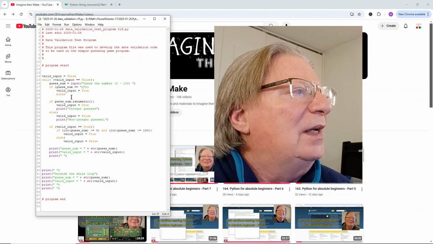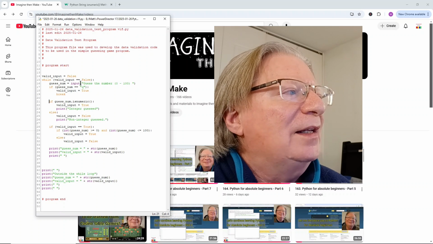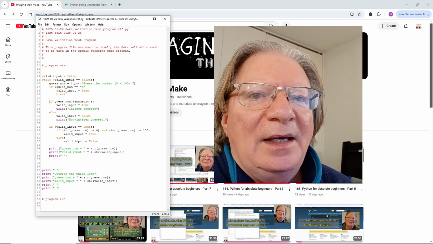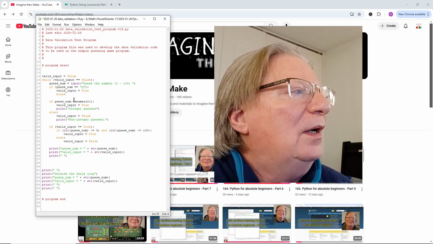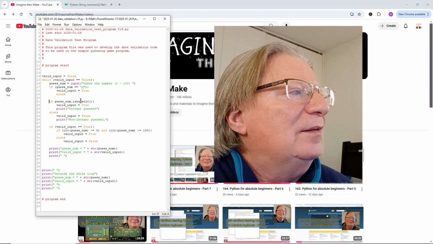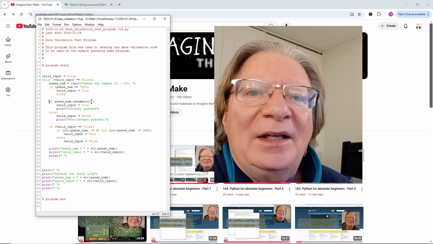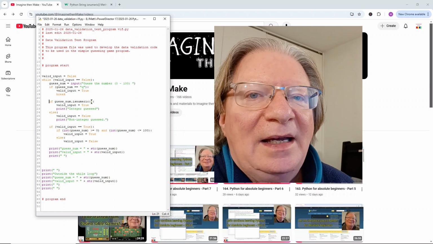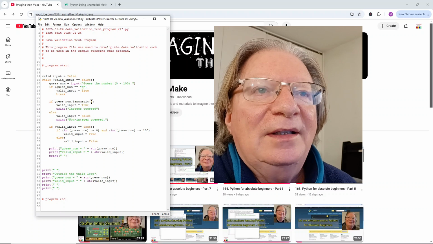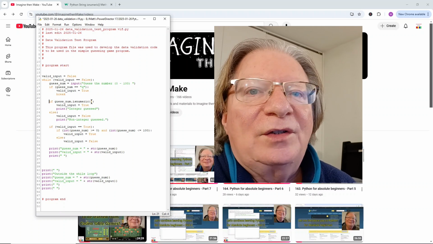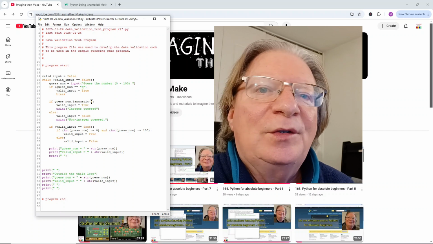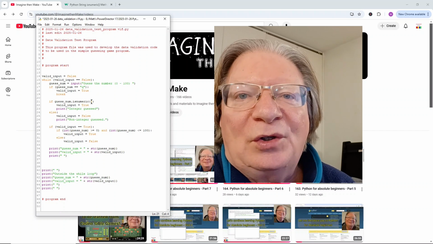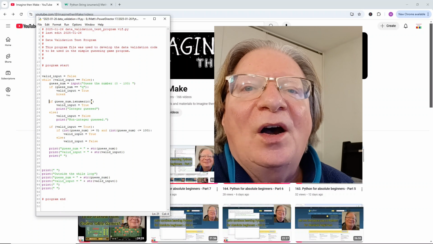This is a string because remember, anything that's received by the input statement is indeed a string. So this method, isnumeric, checks the string to see if it's got only numbers in it,